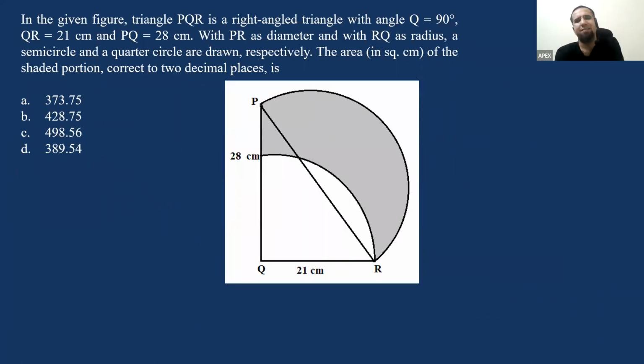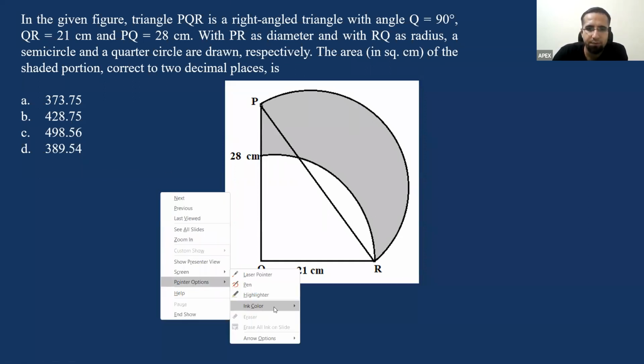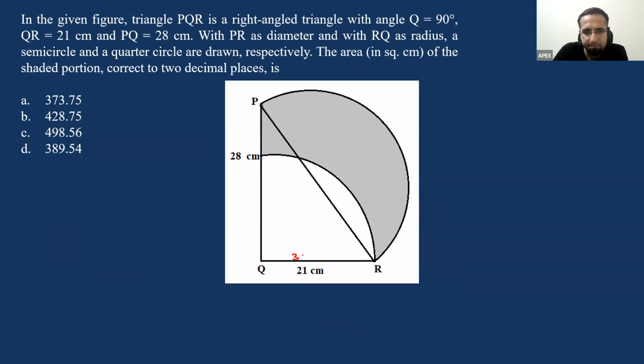Now, this is a very interesting question, guys. If you observe, I'm told that in the given figure, there's a triangle PQR, which is a right angle triangle, which should help me to enter into the model. Okay. With angle Q is equal to 90, QR is equal to 21, and PQ is equal to 28. Right? Which means the value of this is 3 into 7. This is 4 into 7. That means the value of PR becomes 5 into 7, which will be equal to 35. Okay. Now,